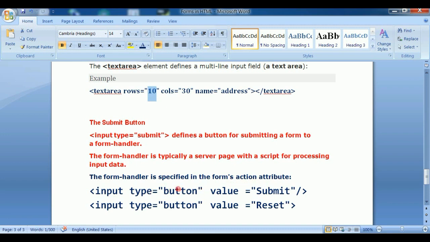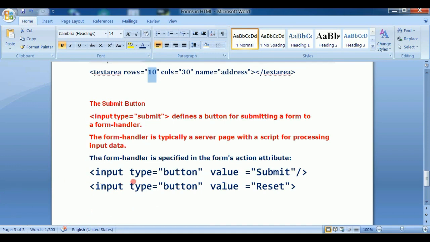There is the form action, and we will be writing that same line in the HTML page, but for the time being we will not be writing that. Why? Because when the user clicks, there is no backend created and no database, that's why we are omitting that particular line. Next is input type equal to button, value equal to submit. This will be shown on the screen.